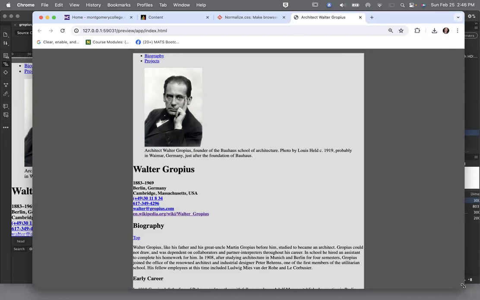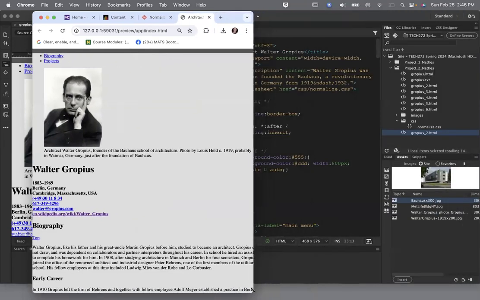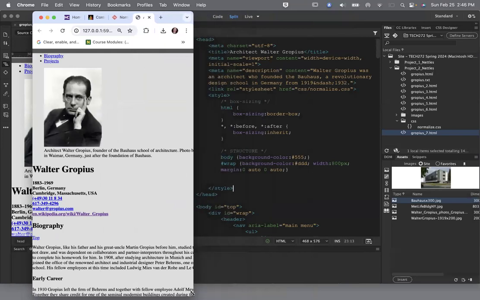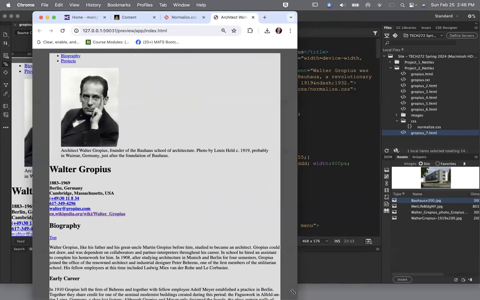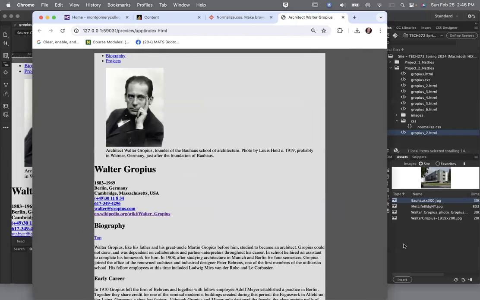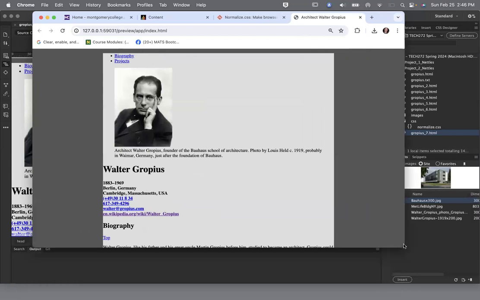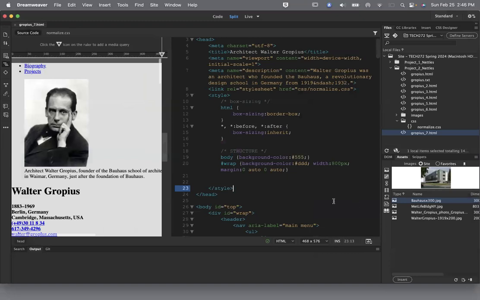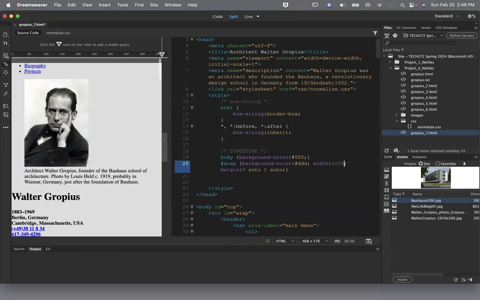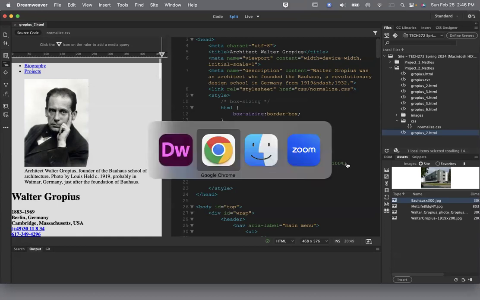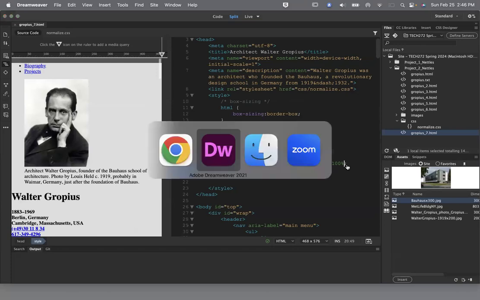The one problem with 0 auto is, or at least the way this is set up right now, is that I've run out of space when I'm making this browser narrower, and it starts to cut off my design. So I'm going to go back to Dreamweaver. And instead of just setting this to width 800 pixels, I'm going to set this to width 100%. If I set it to width 100%, and I go to,